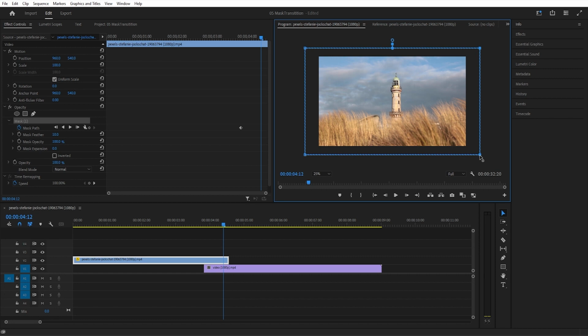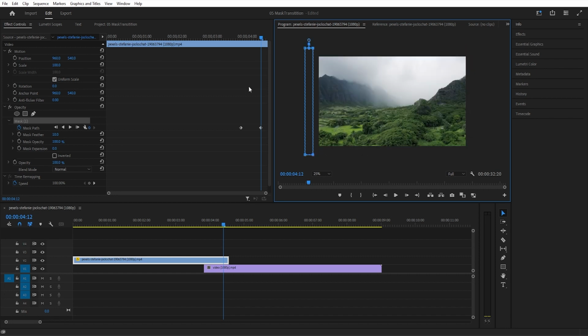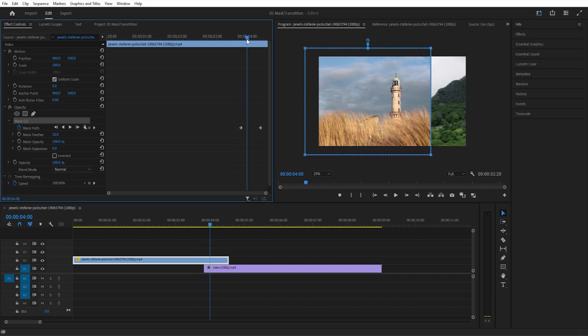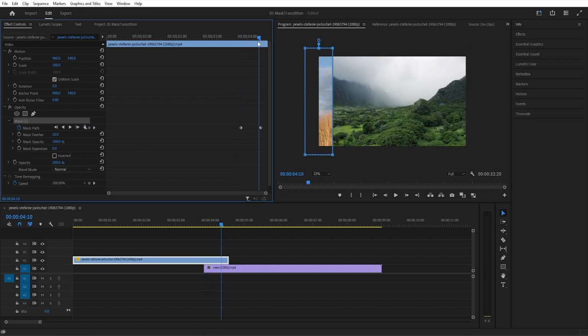Select 2 points by drawing a box with the mouse, or you can hold shift and click them individually, but I don't like to do that because it's quite sensitive. So draw a box, click on one of the corners, hold shift and drag this across to the other side. Because we've moved that mask, that generates a keyframe. So if we now scrub through this, we'll see that the mask is moving with the keyframes and revealing the